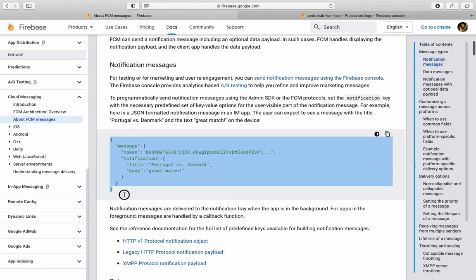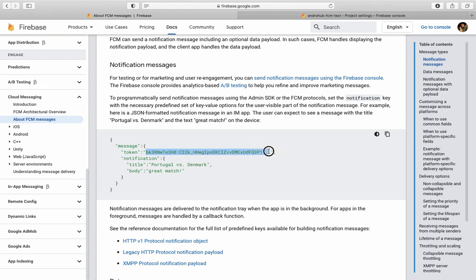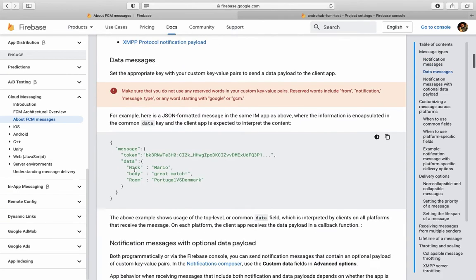And this is the format in which the data will be sent to your device. This is a message, and the token is basically your FCM token, which we've seen in the previous video, and this will be your JSON object. This is the notification, means this is your notification payload. It contains the title and the body.